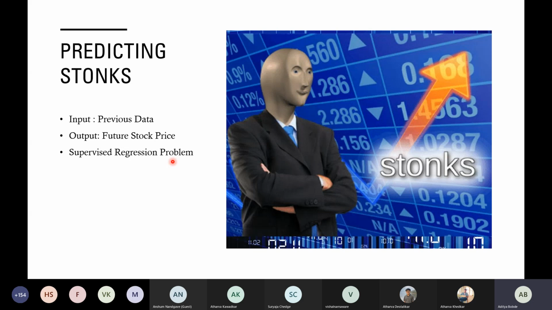And you must have seen this meme a lot. Stonks. Okay, so now what is this man trying to figure out? He has purchased some shares of Apple from the New York Stock Exchange, and he wants to predict whether the Apple shares are going to fall or rise. The input is your previous stock data from 10 or 15 years of Apple stock data, and the output is the stock values of Apple. It is a typical use case of regression.